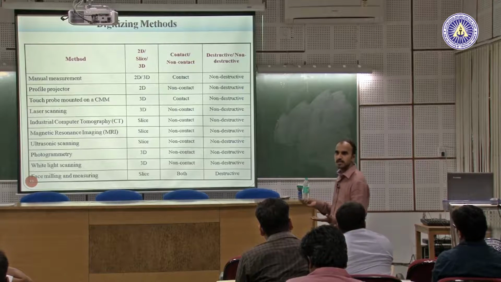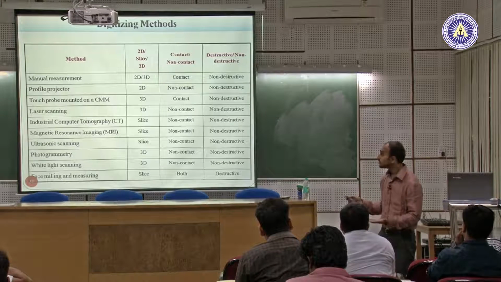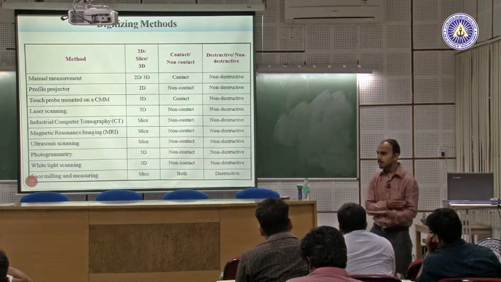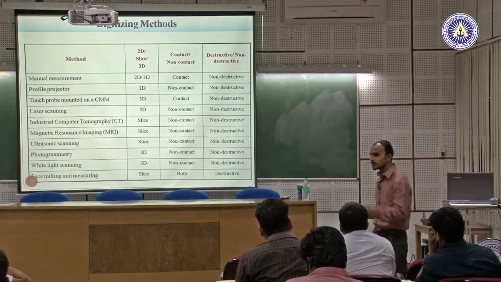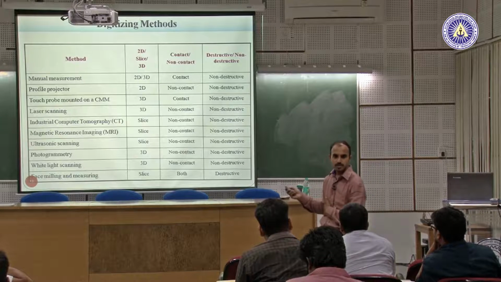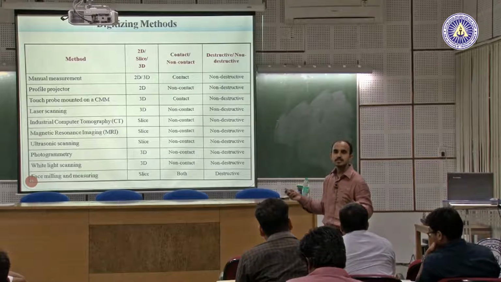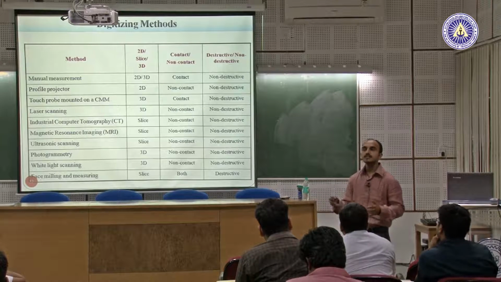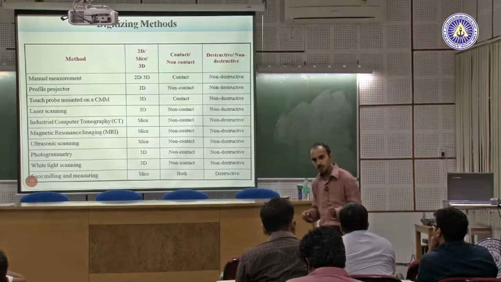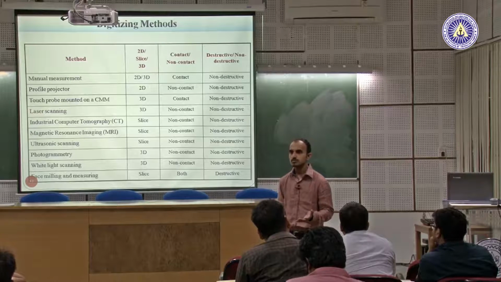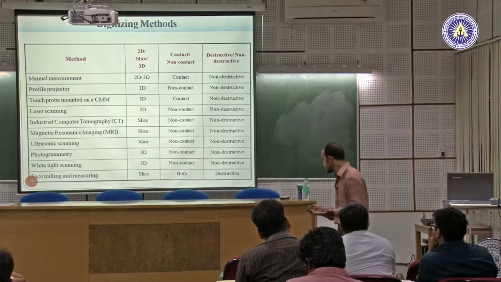Suppose we have any part, using laser scanning we can just scan that product. We will get the points of that product and transfer them to the software, and the software creates a 3D model. Again, this 3D model is transferred to additive layer manufacturing. In this way you can produce whatever products you want.